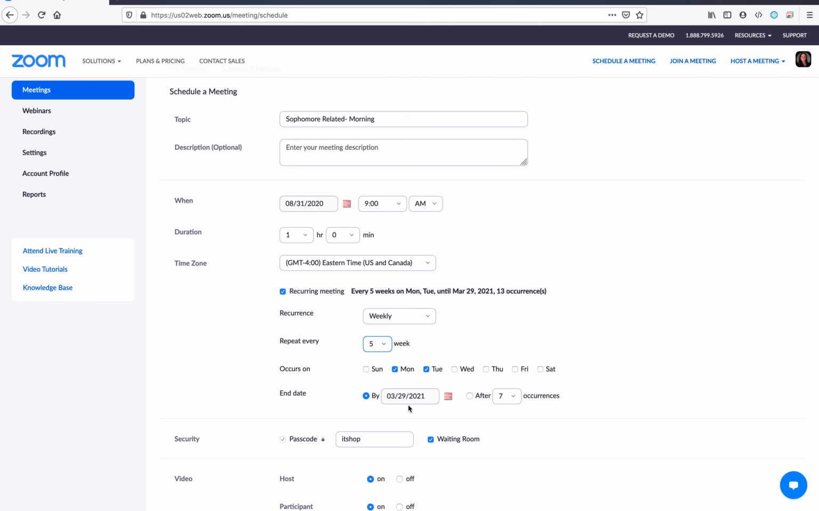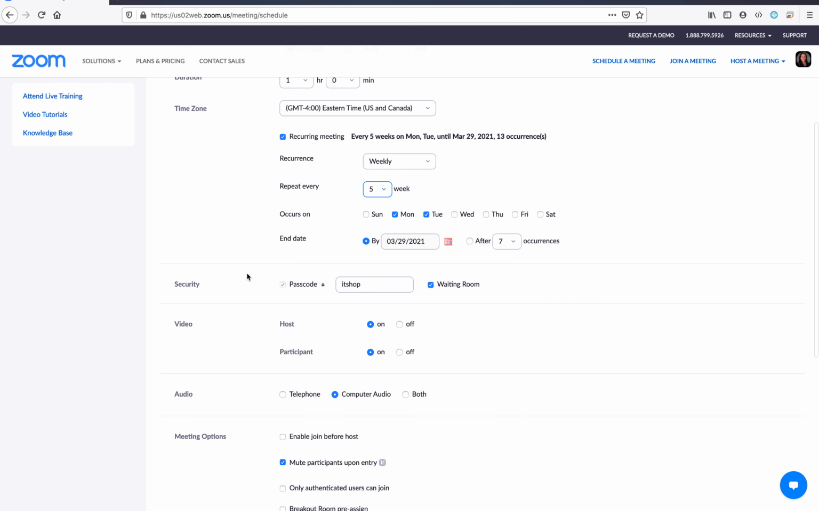You can change the end date here if you want, or you can set it to stop after so many occurrences. So if you want it to stop after 2 weeks, you can set that here. Everything else is going to be the same as it would be for an individual meeting or a single meeting. You can